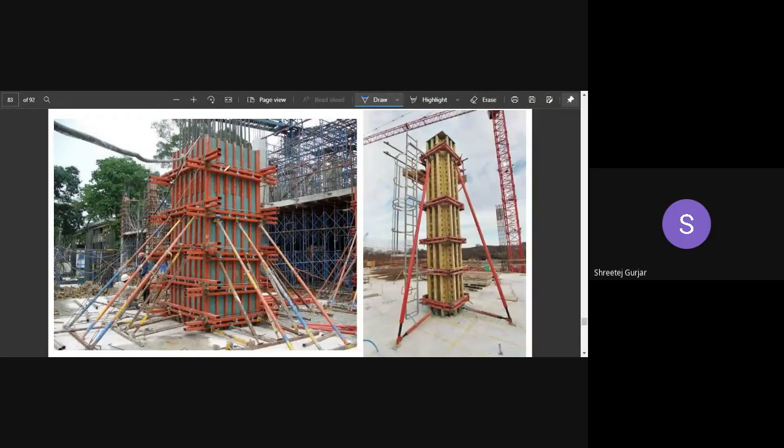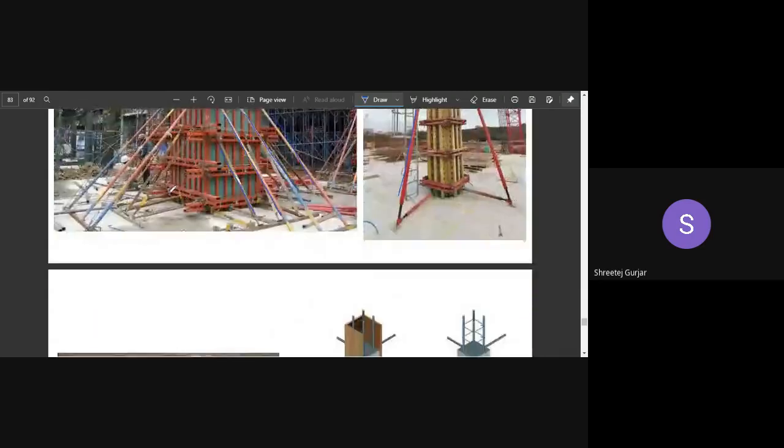They are boards, and these are your battens. You can see in red color, these are battens which are running horizontally as well as vertically. And these are your props or struts, which are there for support. These inclined members are your props. Similarly, in the right hand side figure, you can see these red color things are your props, and this I think is a steel formwork also. The horizontal and vertical elements are your battens.